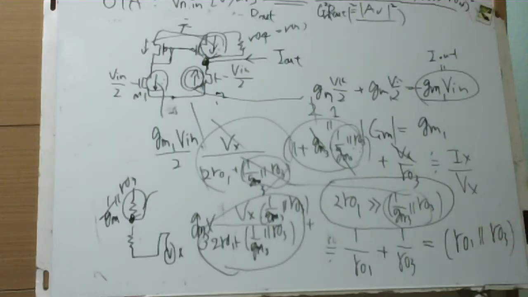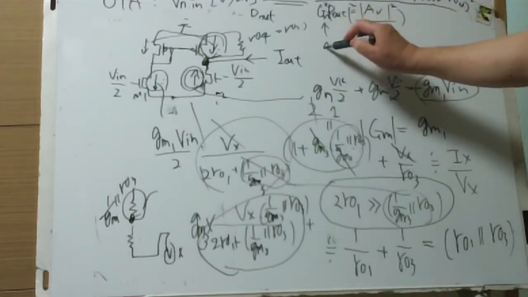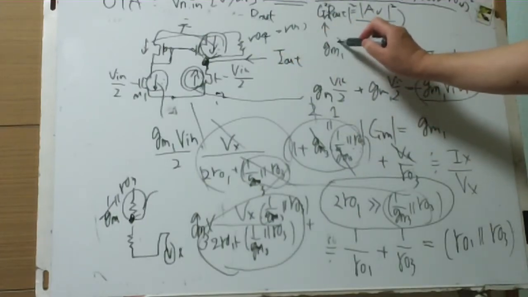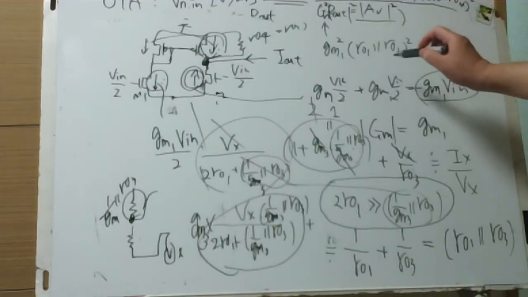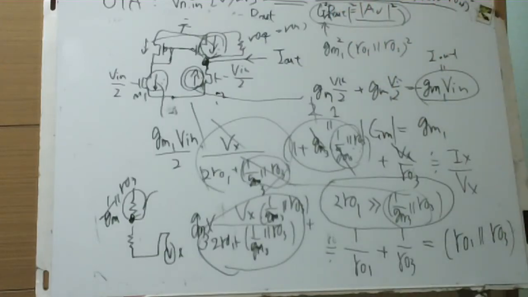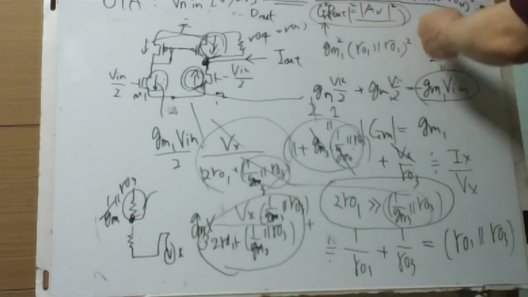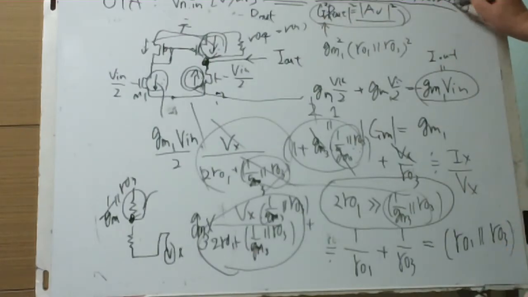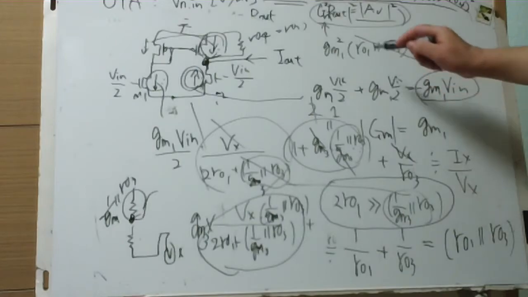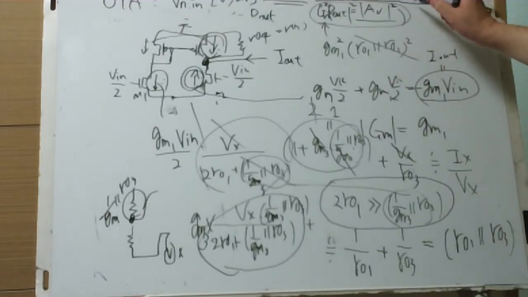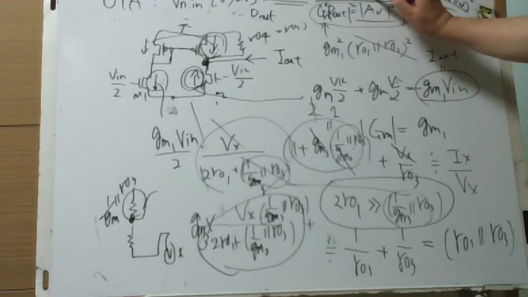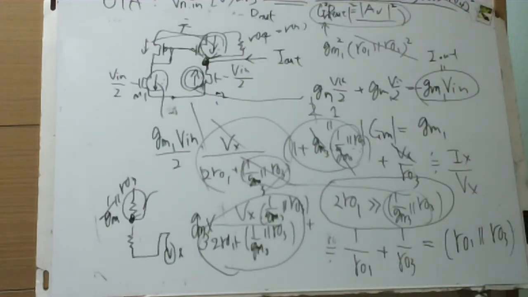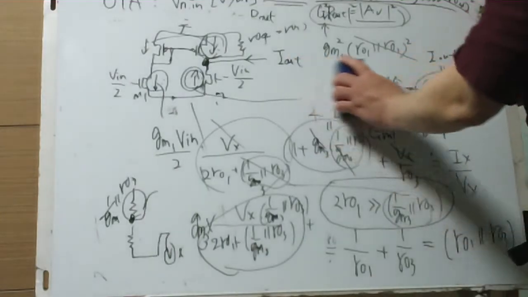This is R out. So GM equal GM1 squared, R out equal R1 in parallel R3 squared. This is voltage gain power, and this cancelled out, and GM4 is GM3, GM2 is GM1, and so if we raise again this,